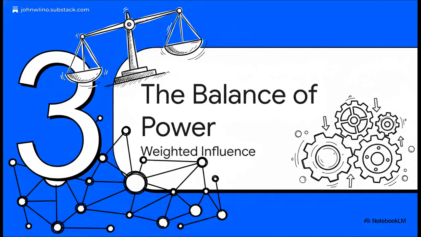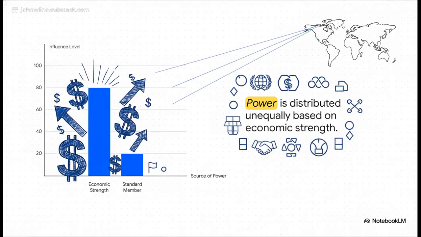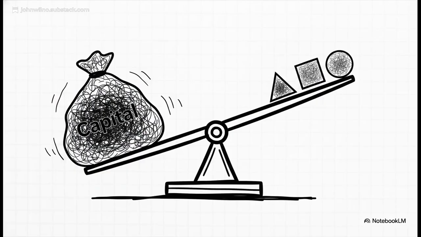Okay, Section 3. The balance of power, weighted influence. Now let's look at how decision-making power actually shakes out. Standard membership might get a nation a tiny seat at the table, sure, but actual influence? That heavy hitter status is strongly tied to a nation's economic strength, their financial contributions, and their geopolitical weight. It is definitely not a one-country, one-vote utopia. What we're observing is a fully designed structural imbalance. The nations holding the most capital simply exert the most influence, plain and simple. Because these historical voting systems favor the biggest financial contributors, the playing field isn't exactly level.